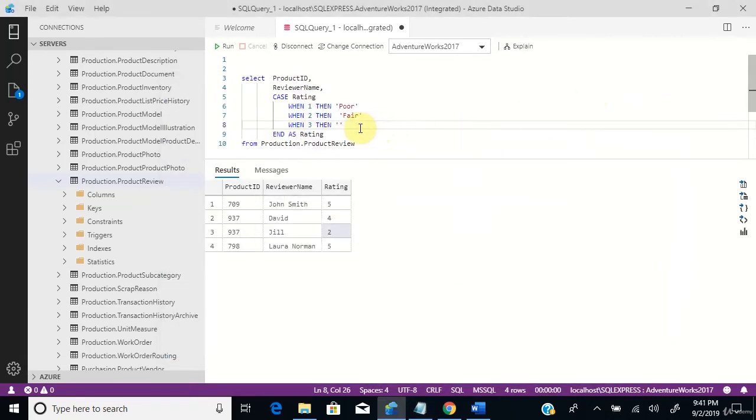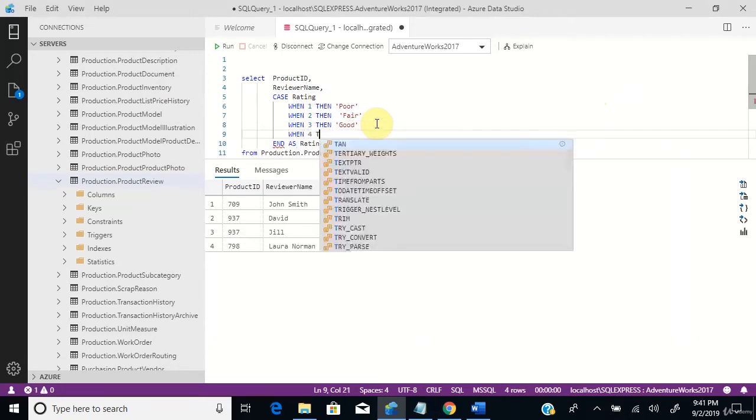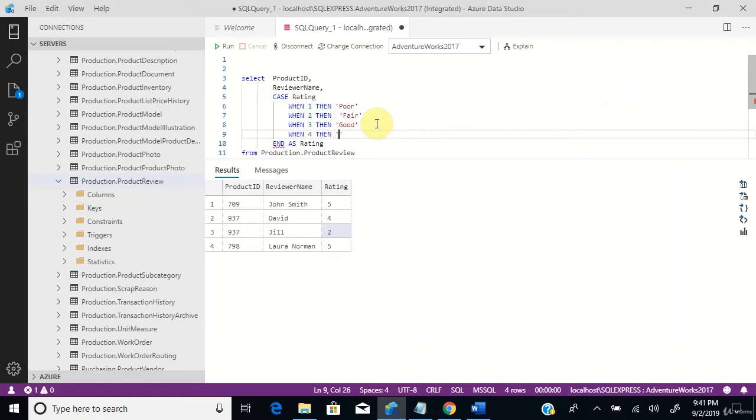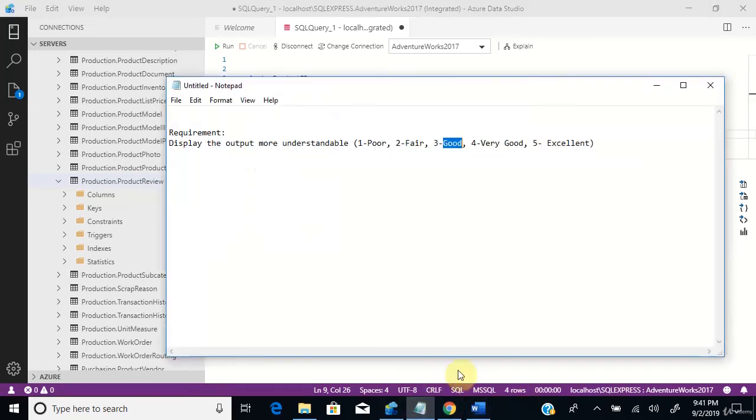Type it here. And if the rating is going to be 4, then we need to display as very good. Just copy and paste it here.